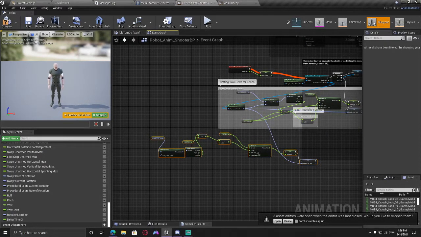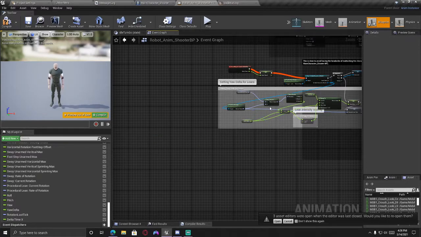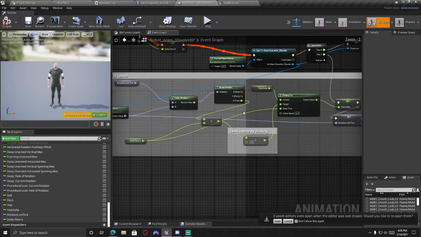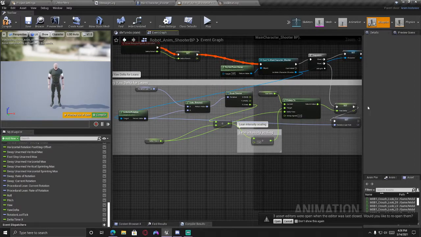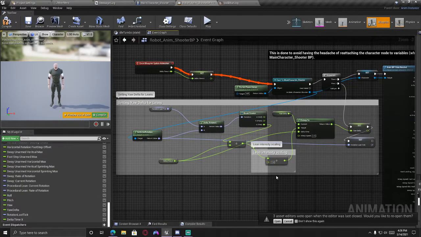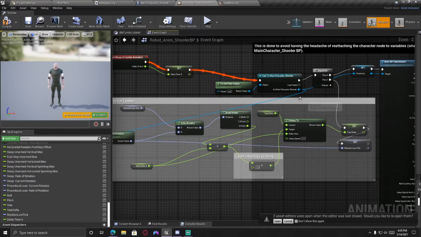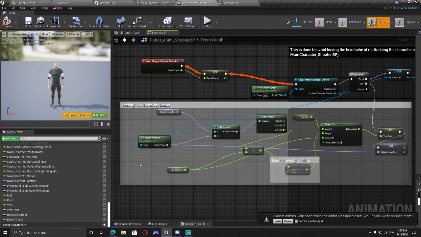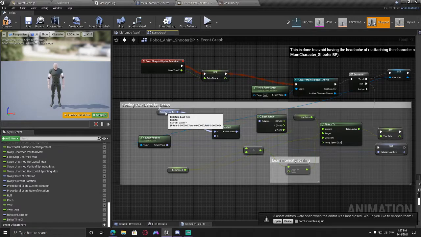Everybody was happy. You couldn't win the bad, which is actually this right here. Just in case, I just showed you how to get them, just so that you know. I'll let it sit there for a second so that you can copy it and understand where everything goes attached to. So remember, main character shooter to actor rotation to delta rotator, and then you attach the